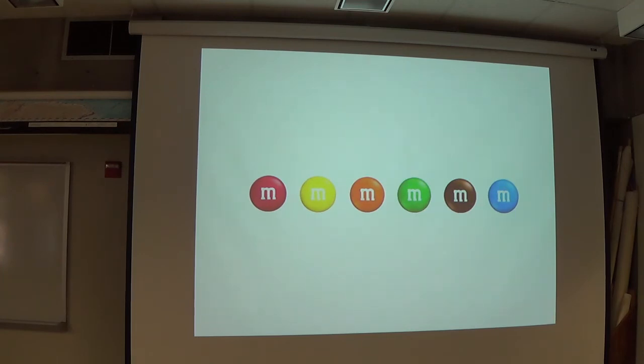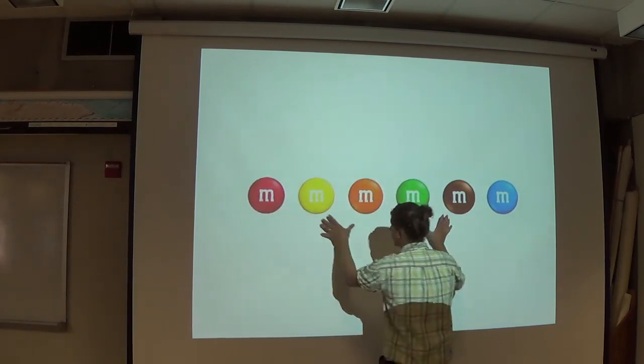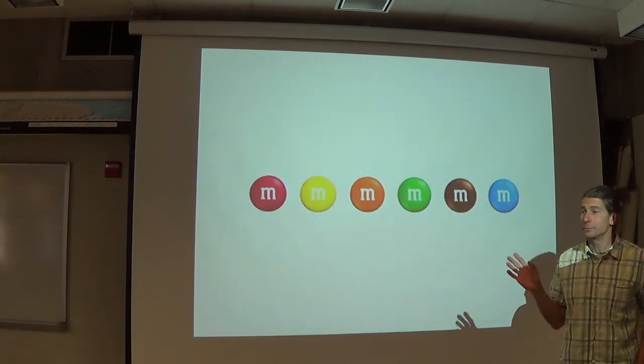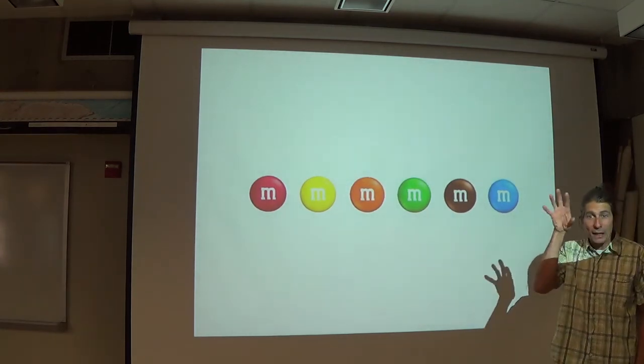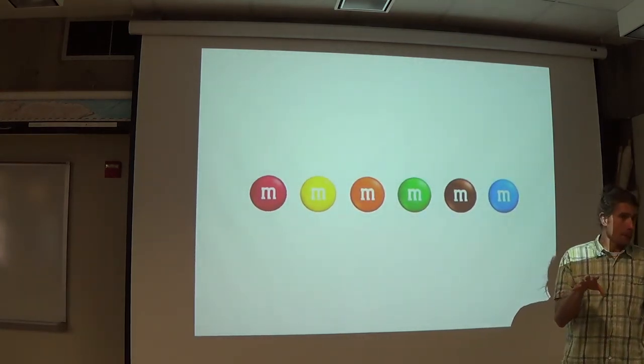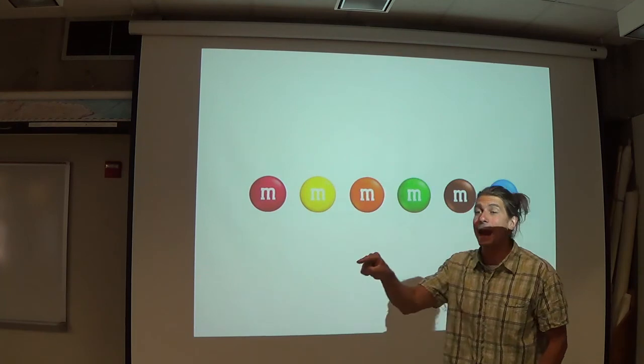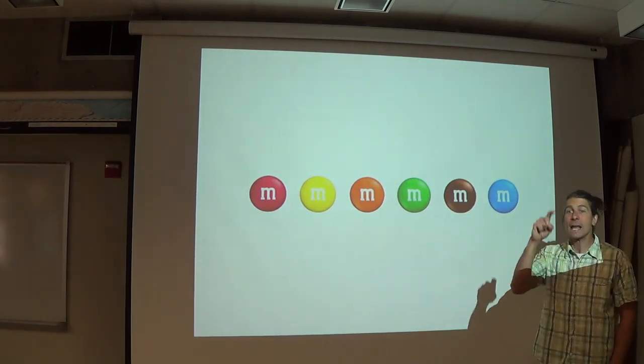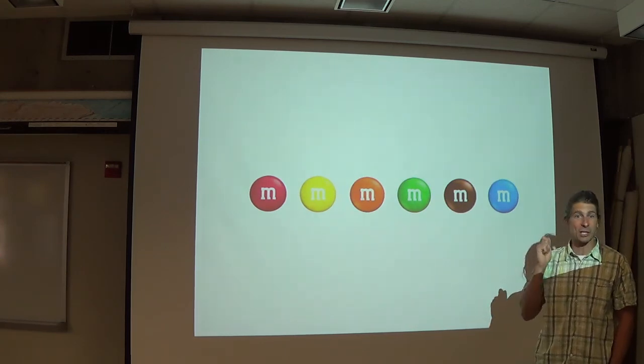So, I want to go back to Di's question. The question is, okay, so you're all getting a bag of M&Ms. And what I want us all to do, you can go ahead and crack them open if you want. Don't eat them just yet, because I want to count the colors that you have first. And I want to compare what we get to what? Expected. Now the question is, what is the expected?